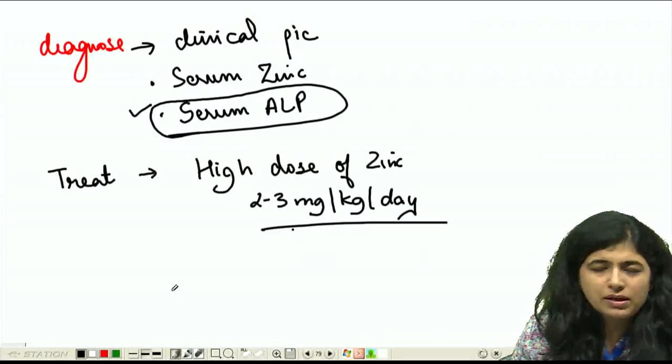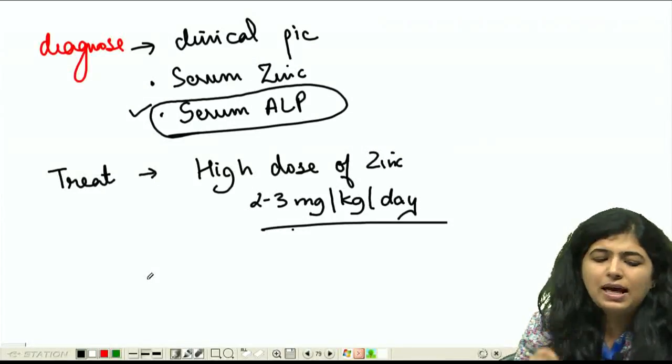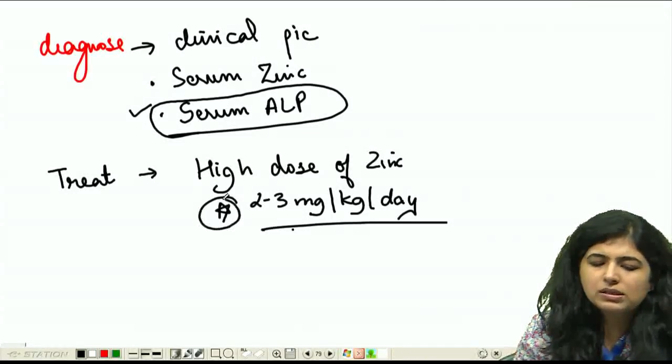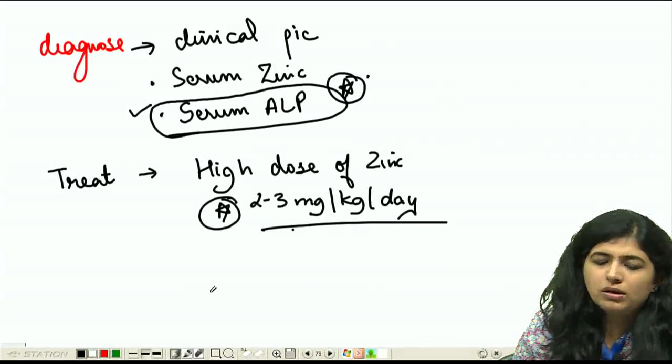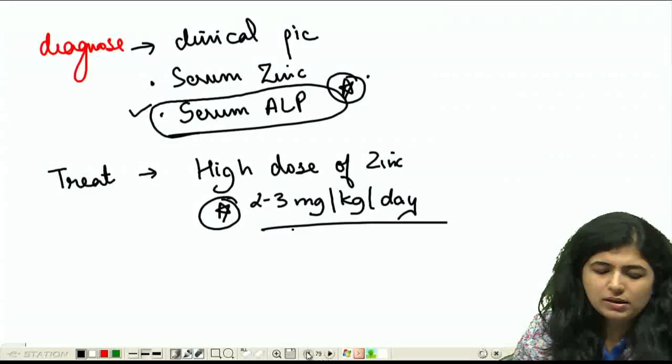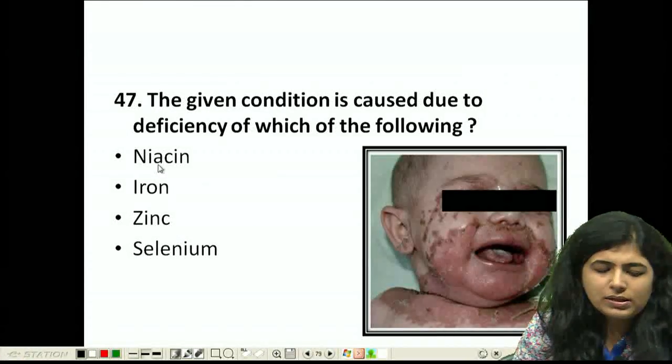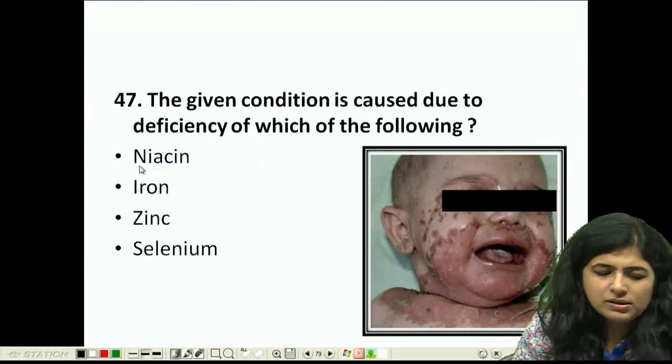Clear to everyone? Remember the inheritance, the typical clinical features, and the treatment. Even the dose is asked. ALP is asked. So these are all important points, right? What is the other option? What does niacin deficiency cause? Niacin deficiency causes